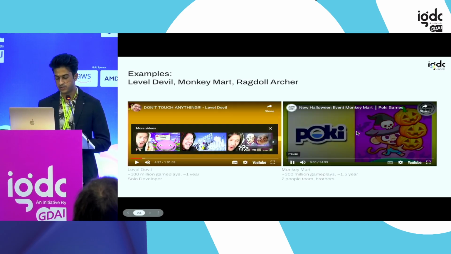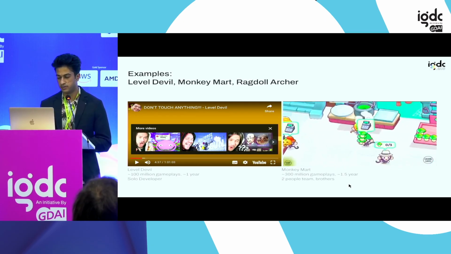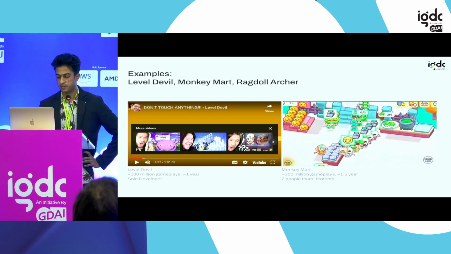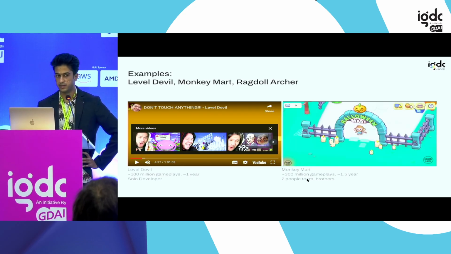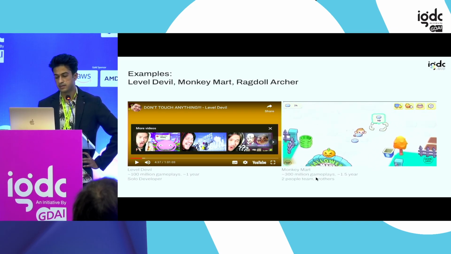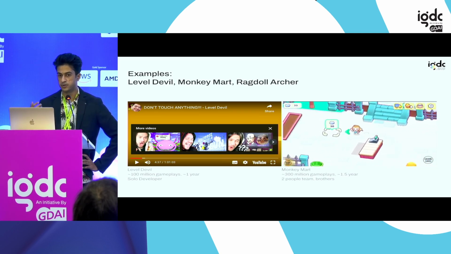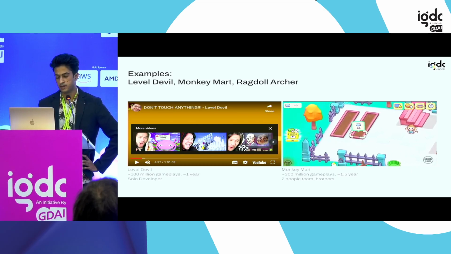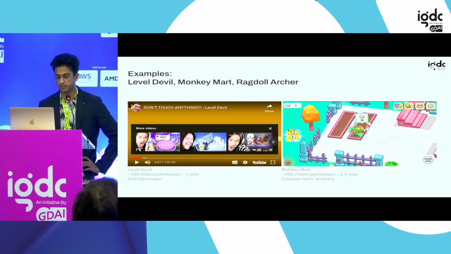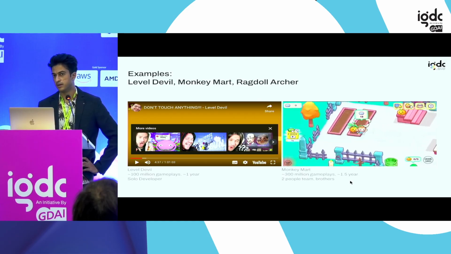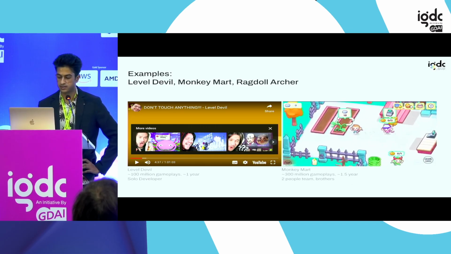The other one is Monkey Mart, which is an idle game. So you have a shop and you're running around, treating customers, stacking up items. It was made by two brothers, and it did like 300 million gameplays in a year and a half. Because it's an idle game, idle games have higher playtime. Higher playtime would mean there's more ads showing on the sites and in the game. So they made a lot more money because they found a very good way to distribute the game by Poki. If they would have done this on mobile or PC, I don't know if it would have reached the same level of success.